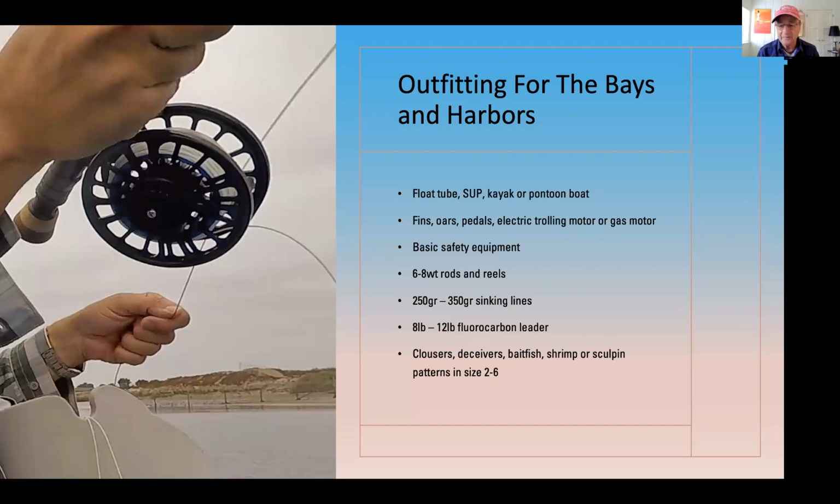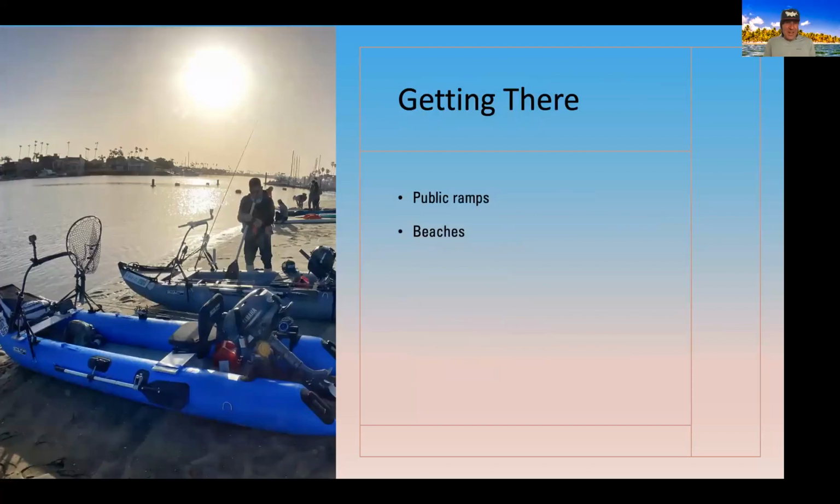That's good. Great. And getting to the water, the thing about fishing on the bays is all the bays and harbors have public launch ramps, and a lot of them have easy access public beaches. The thing to be concerned about, when you're launching with something that has a motor,